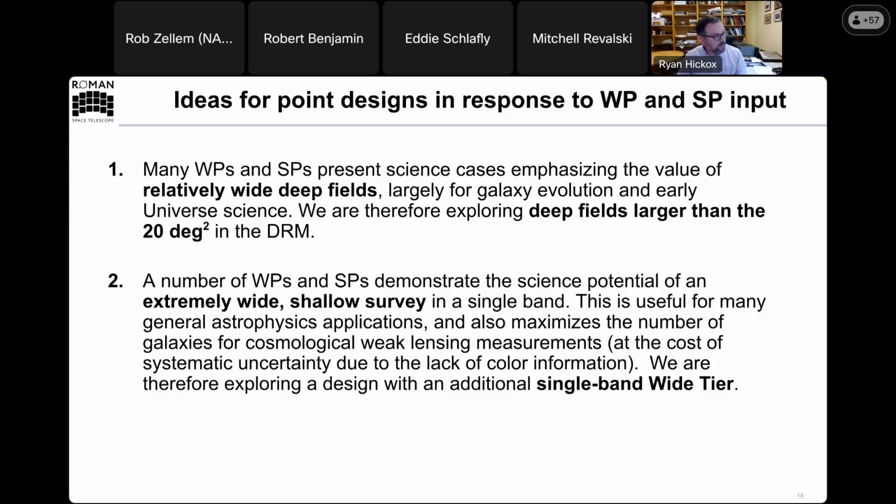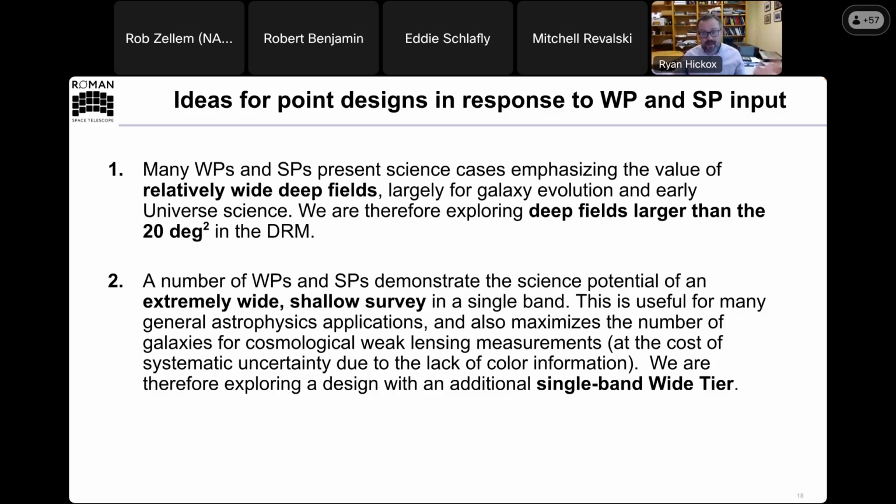The other main point that has motivated us is that a number of white papers and science pitches demonstrated the potential of an extremely wide, shallow survey in a single band, basically taking advantage of Roman's large field of view and survey speed. We saw that this is useful for many general astrophysics applications. And it also maximizes the number of galaxies you can get for cosmological weak lensing measurements. So in principle, helping the cosmology, but at the cost of some systematic uncertainty due to the fact that you don't have color information. So there's a trade-off there,